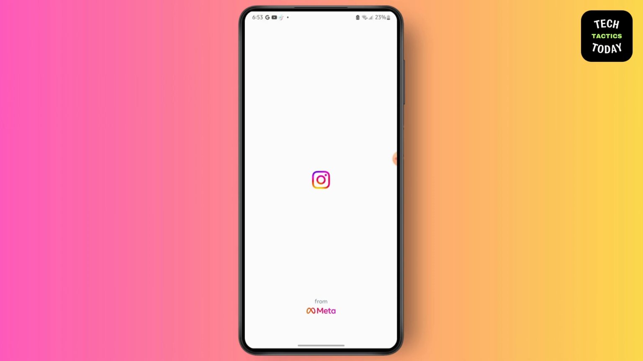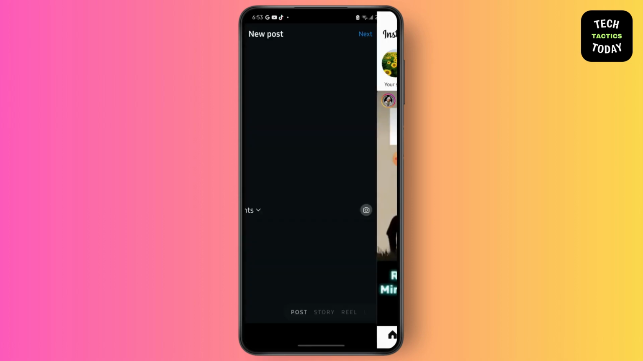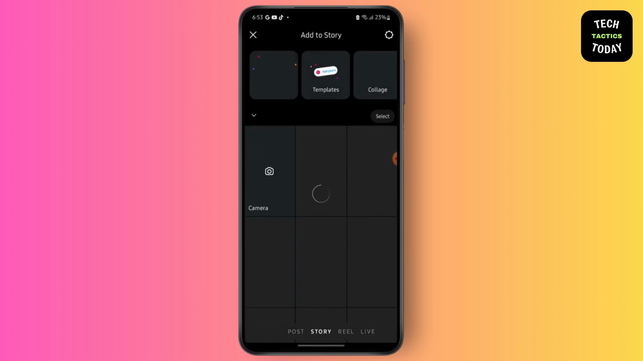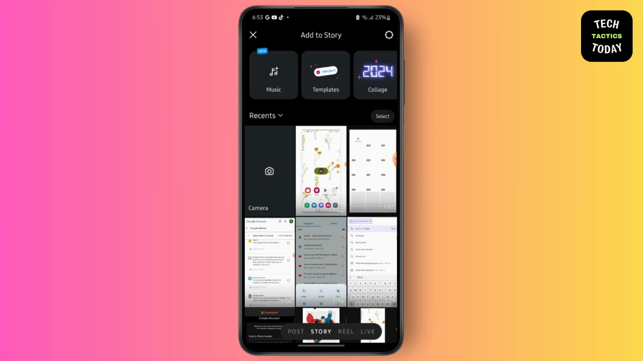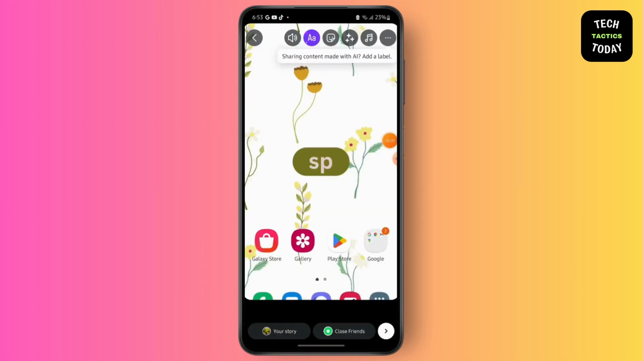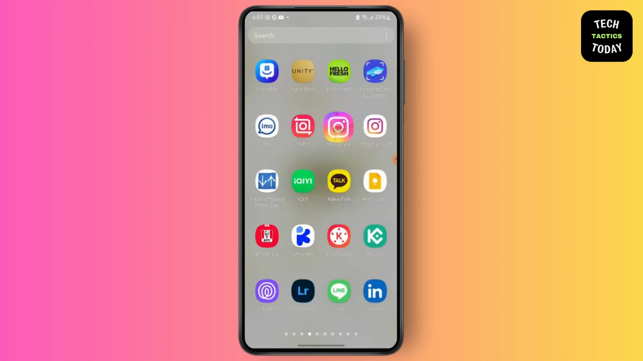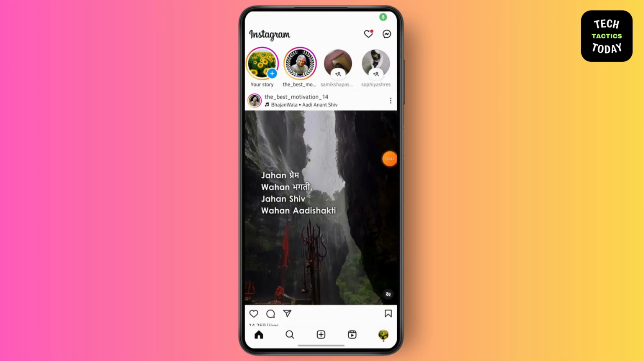So first launch your Instagram, then tap on the plus icon, go to story, then simply select the story that you want to post and then simply post it first without mentioning. Wait for the story to be uploaded,